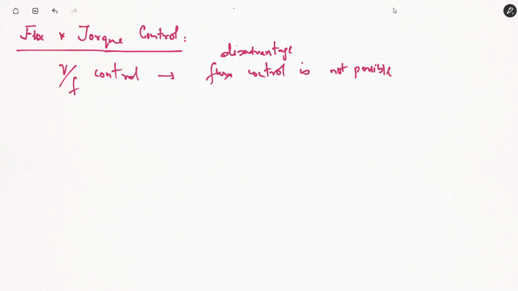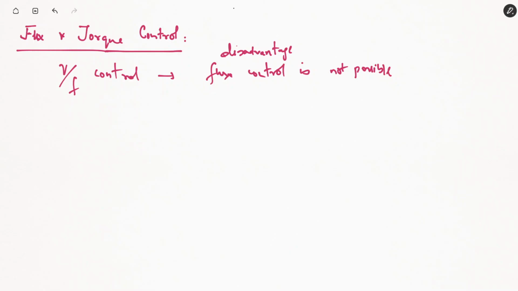One of the main disadvantages is that flux will remain constant. So actually we are not having any control over the flux of the induction motor. Now why is flux control important? Because in order to improve the efficiency, in order to reduce the losses in the system, we need to maintain the flux in the system. How efficiency is optimized using flux control will also be discussed in later sessions. But here we need to understand that flux control is important so as to increase the efficiency of the induction motor while reducing the losses in the system.